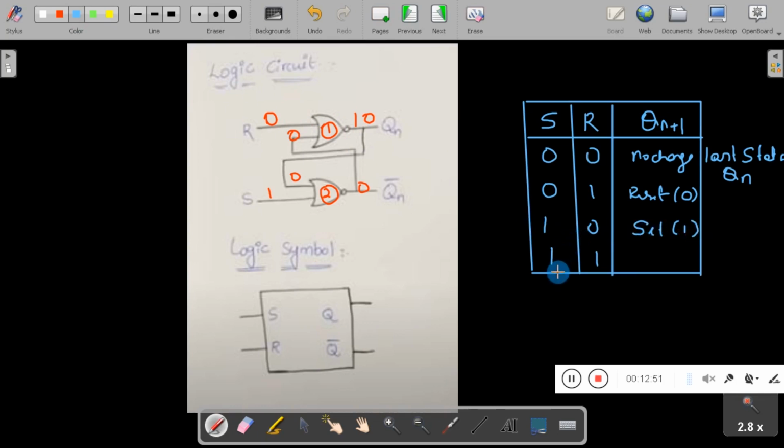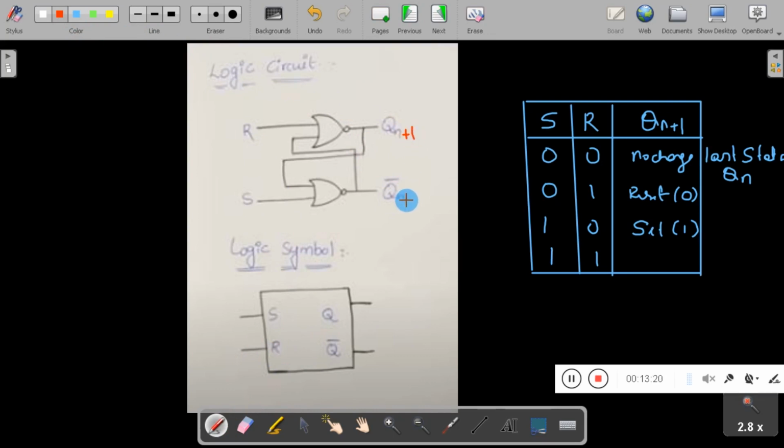Now the last condition is called the forbidden condition or illegal condition. So what is the forbidden condition? See here, we have two inputs, S and R, and two outputs Q and Q bar, or it is better to write Qn plus 1.